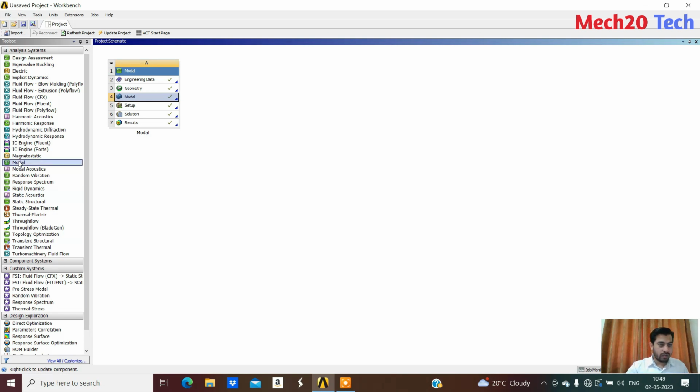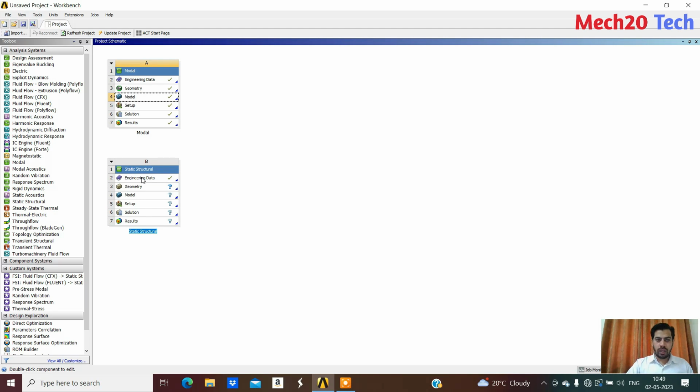In modal analysis we need to find out the deformation with respect to the natural frequency, but in static structural we find out the deformation, stress and strain in a component. When we apply the loading condition to them, it will deform and it will give us the results. Okay, so I'm clicking on the static structural over here. So this is the module in which we are going to test our